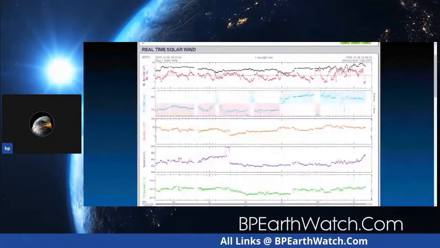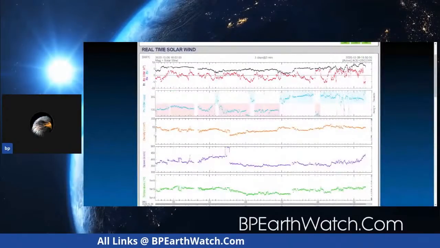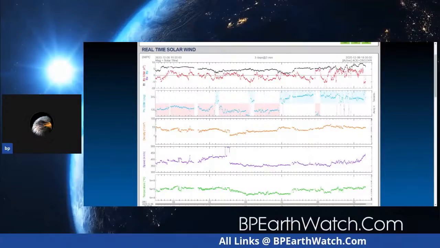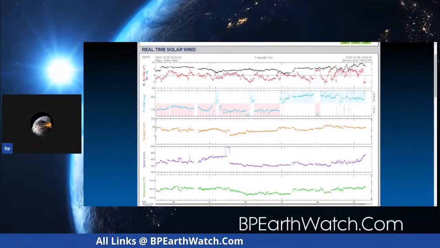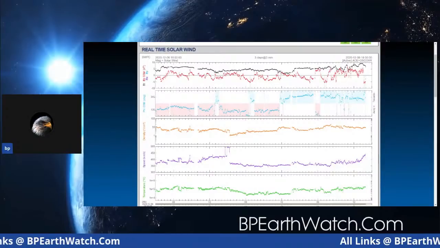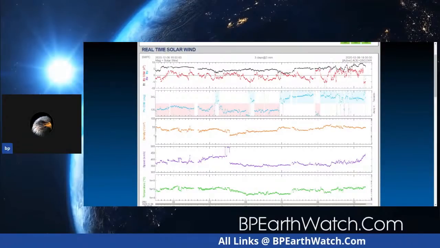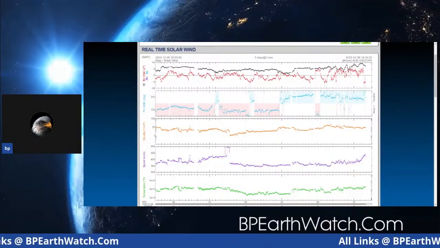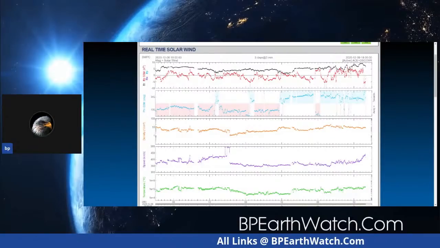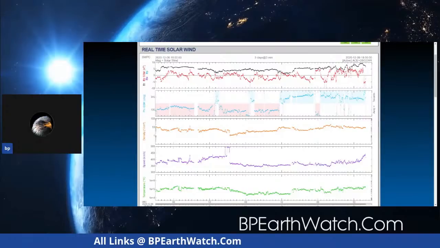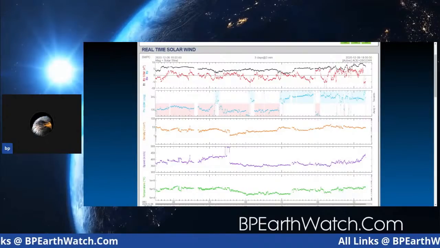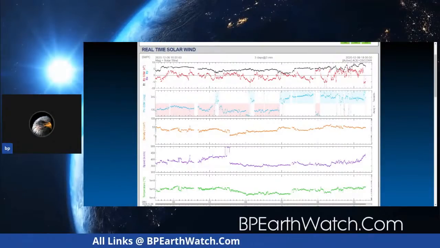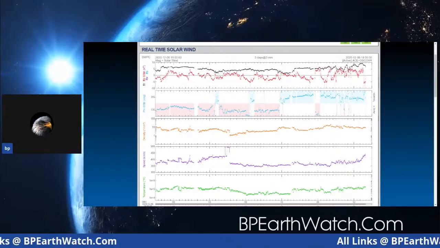Now, maybe that's pulled up where you can see it. And what we've got here is called the real-time solar wind. And it's a chart. You've got your magnetics here. But the ones that we're going to be watching are the ones at the bottom. The orange is your density, or proton density, that's involved in this coronal mass ejection that's coming at us. The bottom is the wind speed, the actual speed of it. And we're starting to see an uptick now in this particular chart. See this right here? We've gone from about 350 to getting over 400 kilometers per second. And so we're over 80,000 miles an hour.